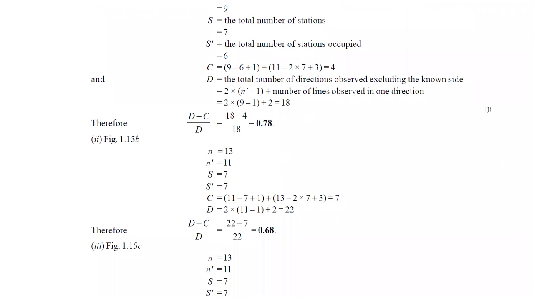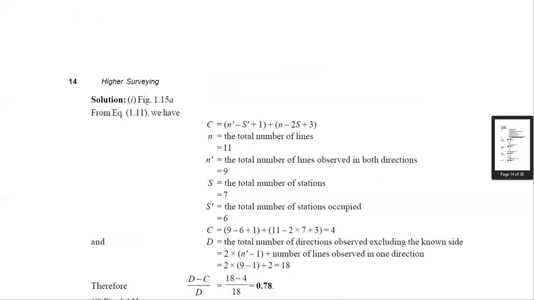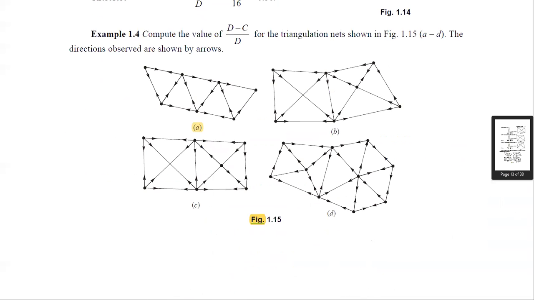Similarly, in the third example, we'll see the same question. We have to find whether all stations have been occupied or not. So we'll see one by one. First station, yes, it has been occupied. Second, third, fourth, all, because from the readings at these stations you can clearly see that yes, one has occupied this station to get these observations.